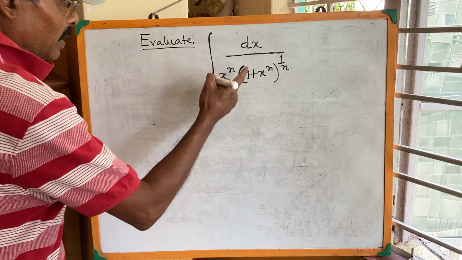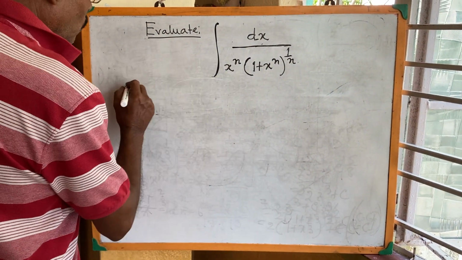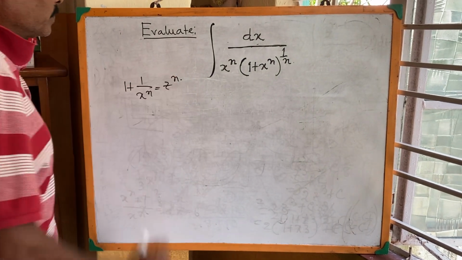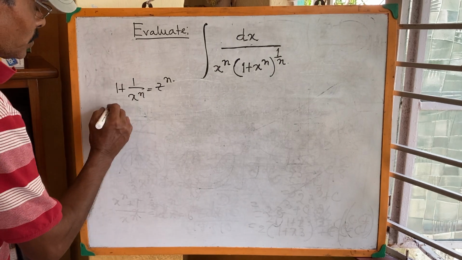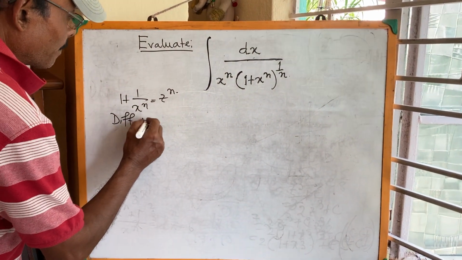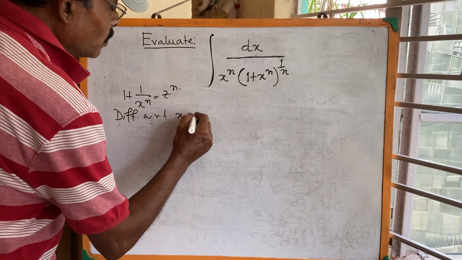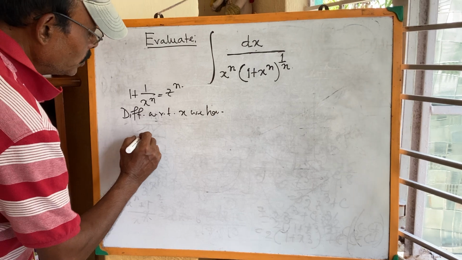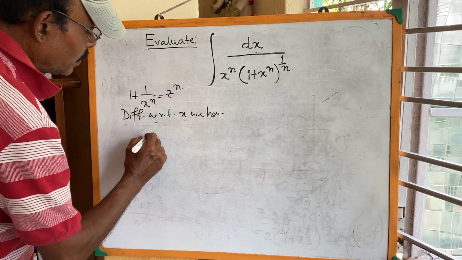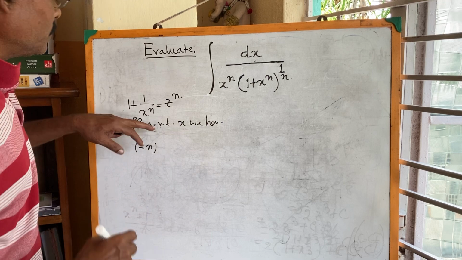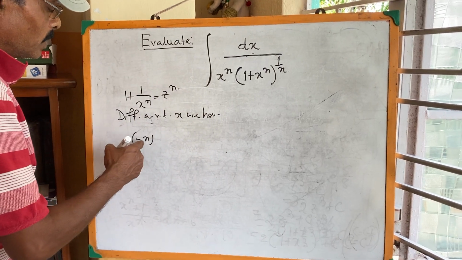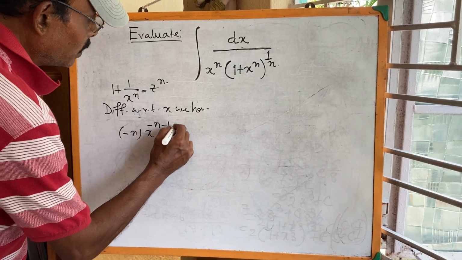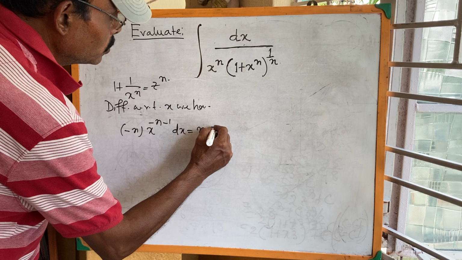Now let us take 1 by 1 plus x to the power n equal to z to the power n. Here, differentiate with respect to x. We have 1 by x to the power n means x to the power minus n. So minus n, x to the power minus n minus 1 dx equal to n into z to the power